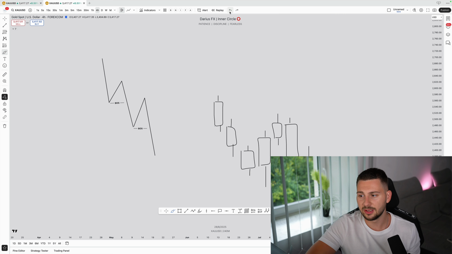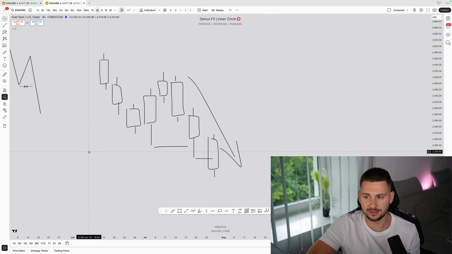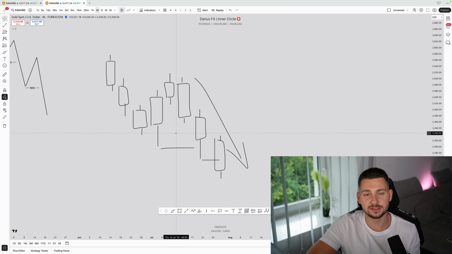One more time, we don't want to see a candle dropping like this but then not closing through it. If it's wicking like this, we want to see a break through this area. Only then will we really have a real bearish BOS. All right, very important. That's how it needs to look. That's exactly what you should follow, and that's the only way to use break of structure.